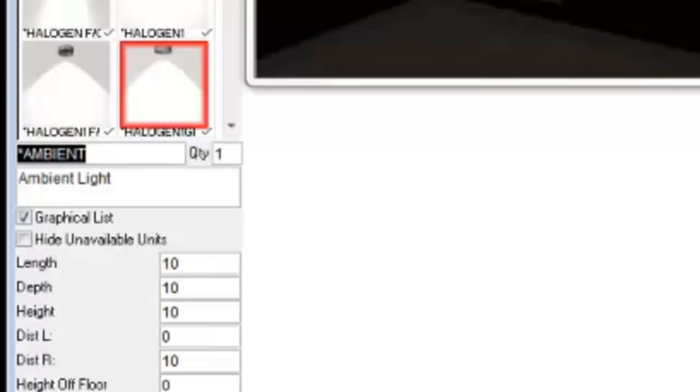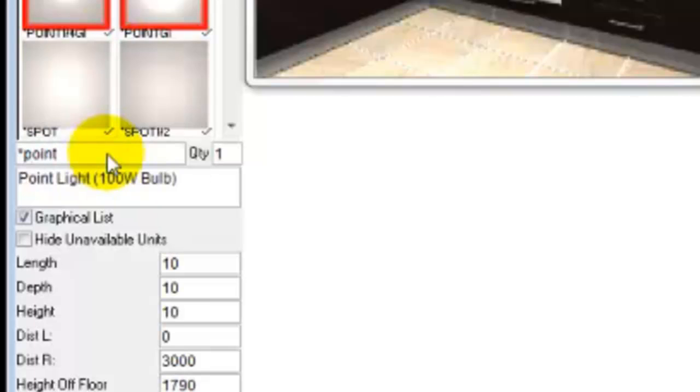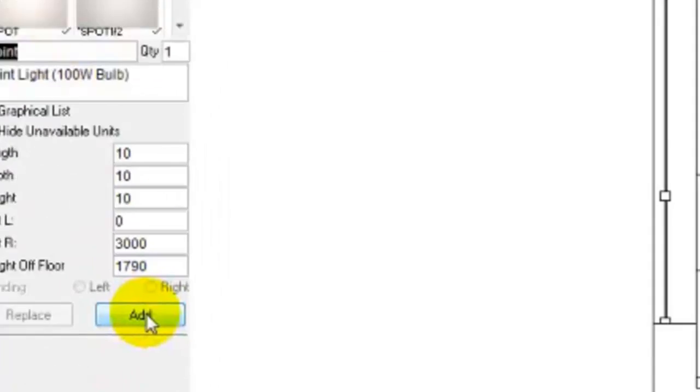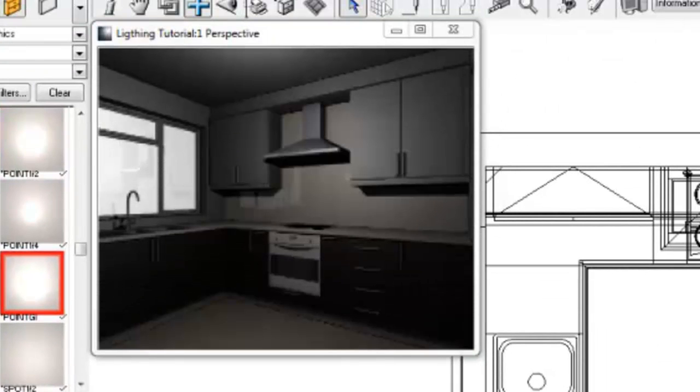The next light we will look at is the point light. The code for this is star point. The point light acts like a single incandescent light bulb. The point light casts light in all directions and casts shadows of objects in the design. This is the perfect light source to use in a design to gain the desired effect, yet show no actual